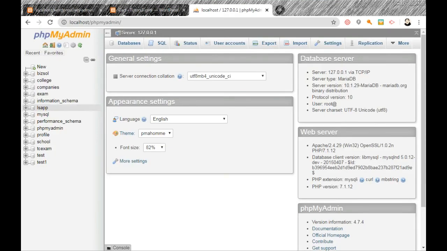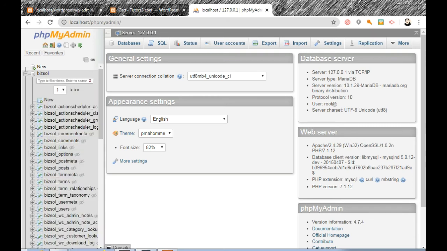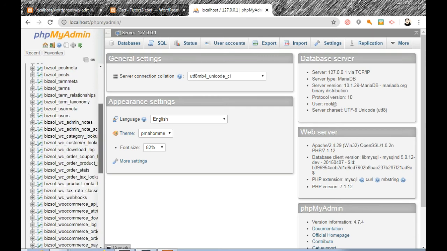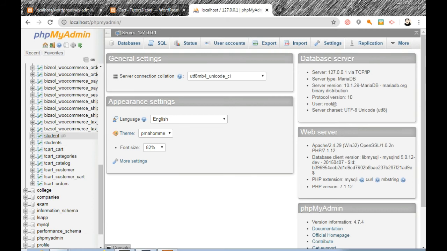In the database part we have the WordPress database, and inside the WordPress database we have created our own tables. This is the student table, this is T card, categories, catalog, customer card, and orders.